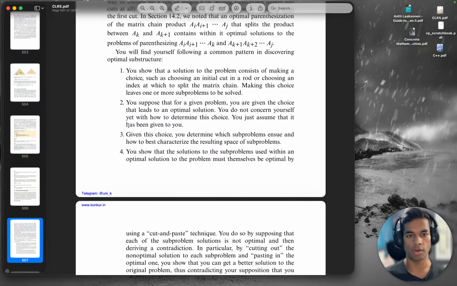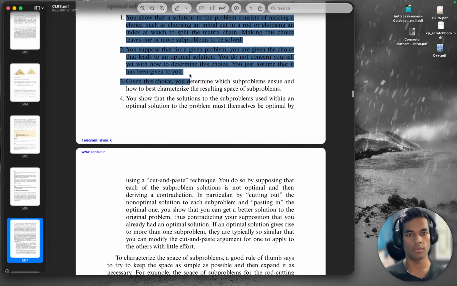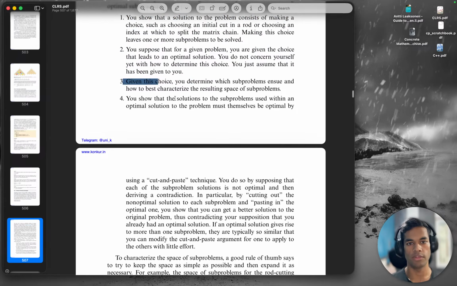We just assume that one of these choices is going to result in an optimal solution. Okay, that is very true. We can see this even in the coin change problem. Given this choice, you determine which subproblems ensue and how to best characterize the resulting space of subproblems. Okay, so